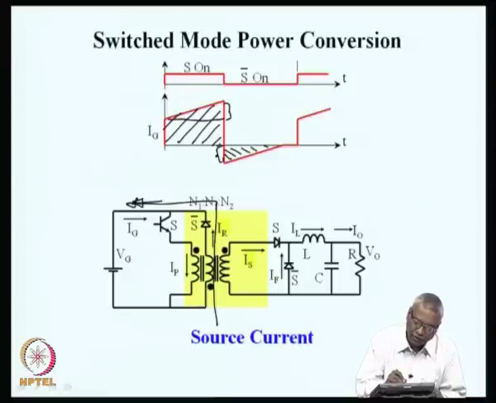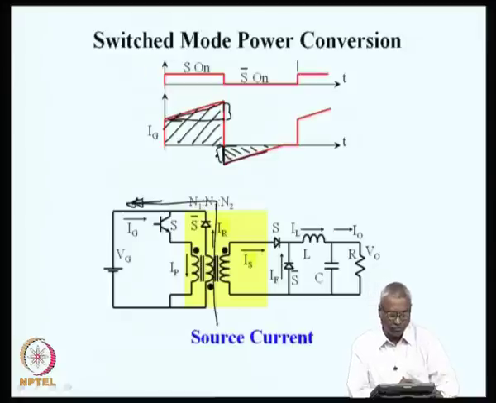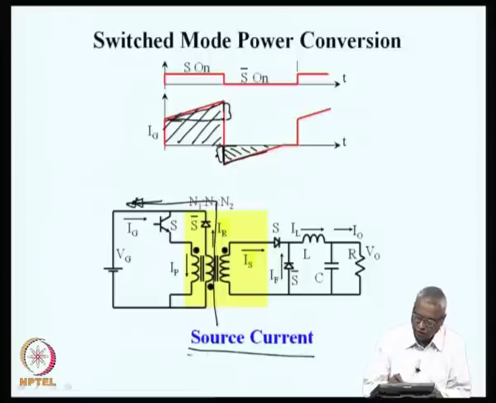So, practically the current that is fed back into the source is the same as the current that was taken for magnetization, and so ideally the entire magnetizing energy is going back into the source, and so the converter does not incur any loss on account of magnetization. The source current takes this magnetization current back and puts it into the source.